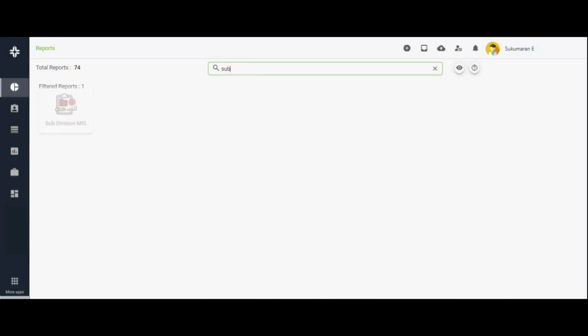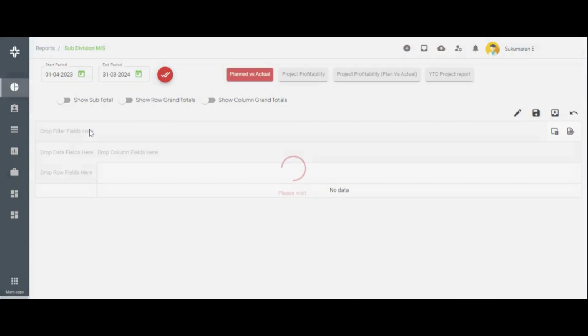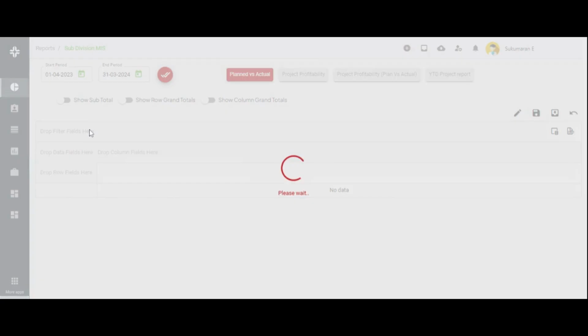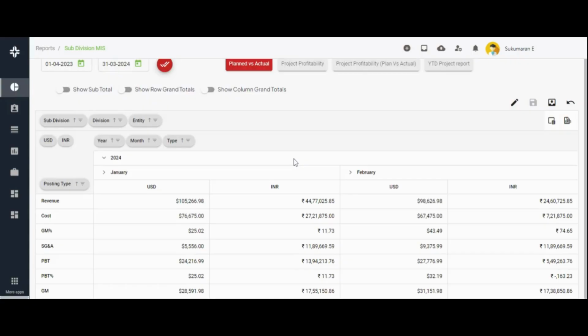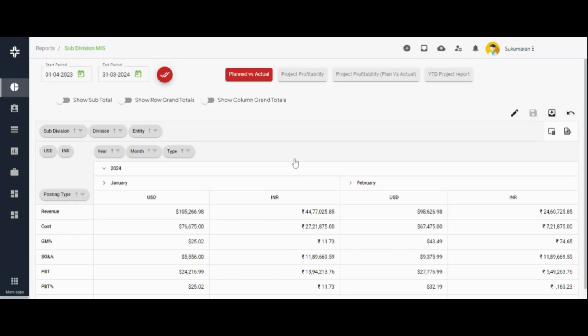health. The Subdivision MIS report provides detailed insights into entity, division, and subdivision-wise monthly planned versus actual values and profitability across various posting types. It includes key metrics such as revenue, cost, gross margin, SG&A (selling, general and administrative expenses), and profit before tax. This comprehensive report empowers you to analyze performance at a granular level, facilitating informed decision-making to